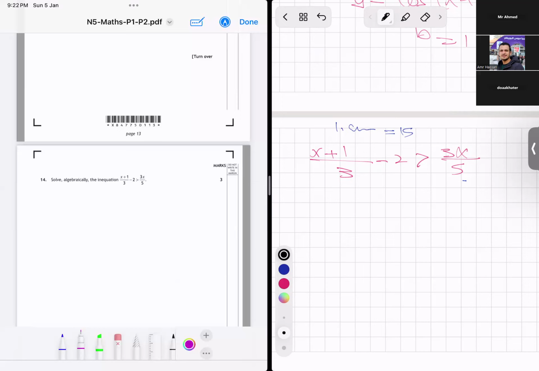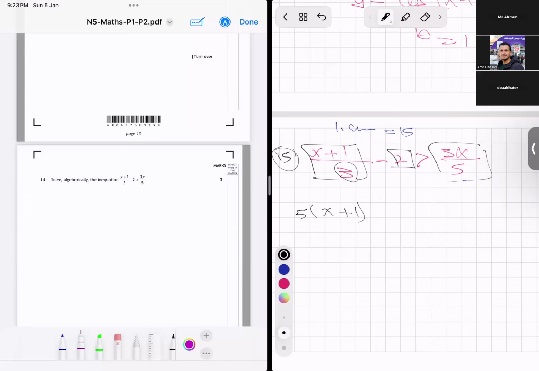In this case, I need to multiply this one by 15, this one by 15, and this one also by 15. So let me remind you, I multiply this part by 15. 15 divided by 3, what is 15 divided by 3? 5. You said 5? Yeah, I wrote it there. This one's been multiplied with x plus 1. Remember, I wrote a parenthesis to remind you